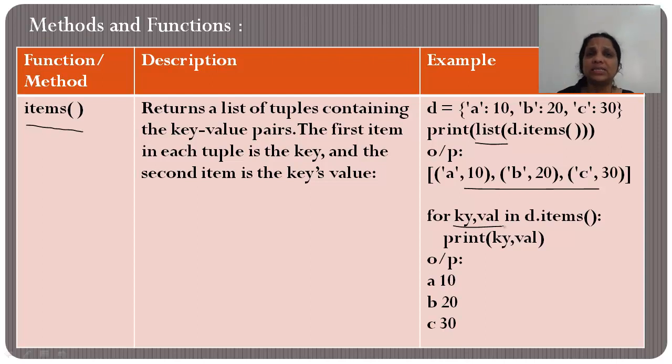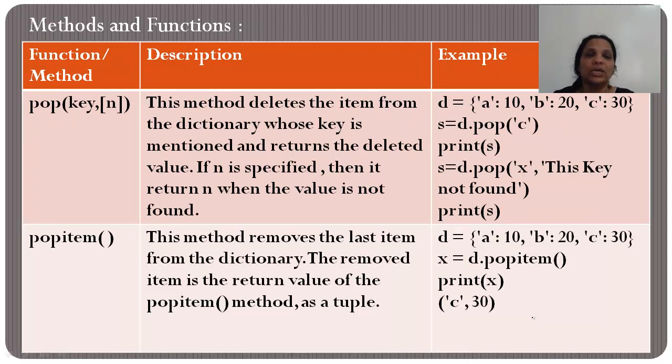I purposely did this example here for you to know that we've always been using one variable in the for loop. We can use two variables if I know that each element I'm going to traverse is a pair. You could use three variables if each element gives you three values, and so on. Clear? Okay, coming to the next functions called pop and popitem.